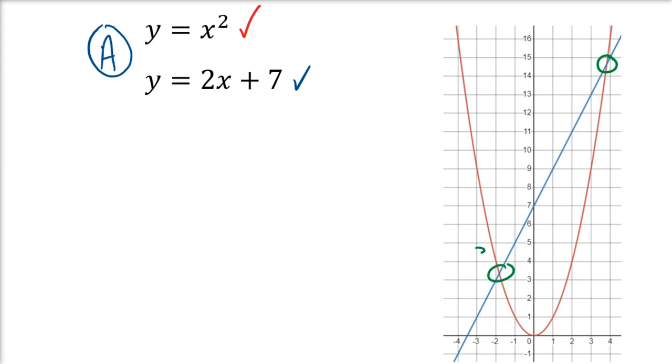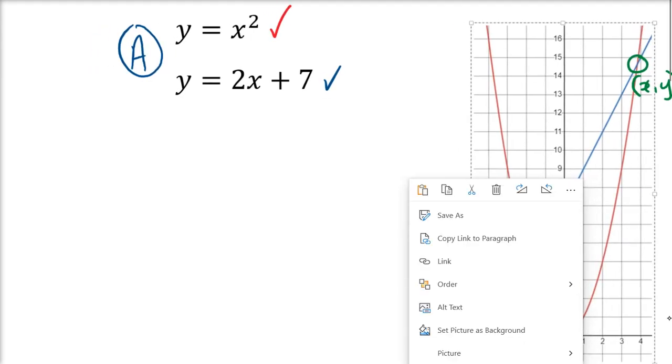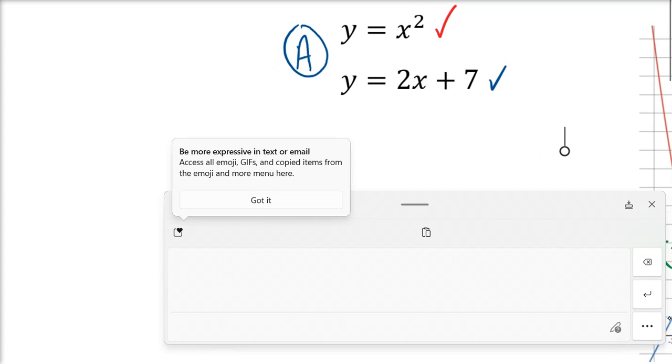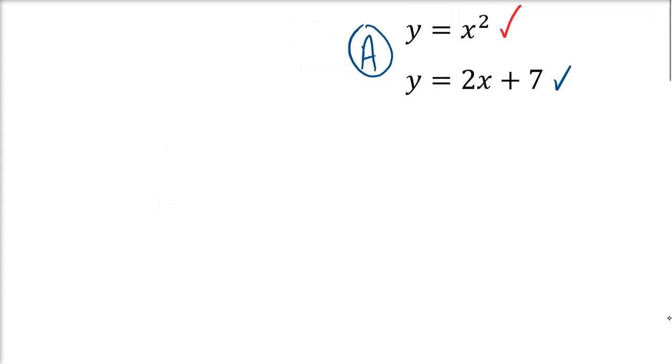Obviously this point here has an x and a y value, just like this one here has an x and a y value. So what we have to do is solve for both. How do we do that algebraically? Because Desmos will give us that answer straight away. So algebraically, what do we do? Well, we say that this x value, this y value and this y value are the same thing. So we are saying they are the same as each other,